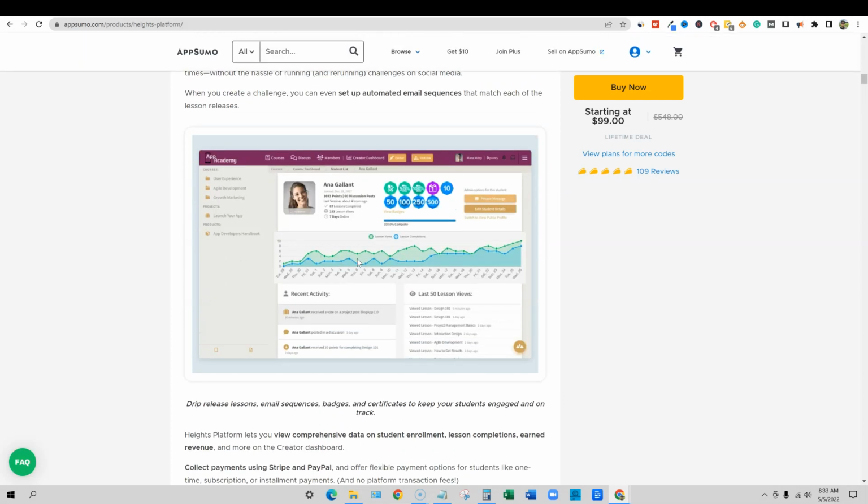It's probably going to be as complex as something like Udemy, or even Thinkific or Teachable. We're going to be able to have course discussions and give out different badges if you want to, and certificates along the way or at the end of the course if they complete everything.